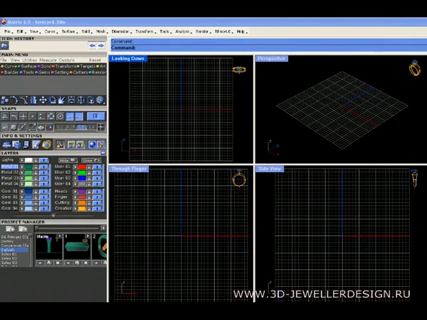This tutorial is going to walk you through creating a custom shaped bezel. You can create a bezel in any shape that you want. You simply draw a closed curve in the shape of that bezel. We'd imagine you might like to use the place background bitmap and place a picture of an opal or another custom shaped stone in the viewports, and then simply trace it with one of your curve tools. So we're going to represent that just using the interp curve as though we had traced some kind of custom